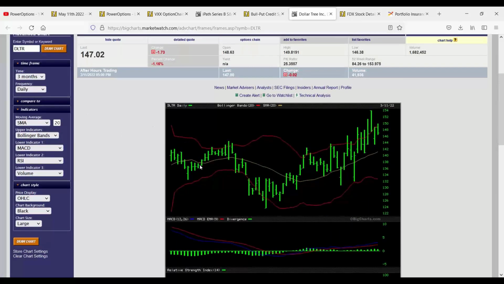But yeah, I just tend to use a 3-month chart because there are some things that I do want to see. And this one doesn't really show. This is an expectation of what happened in January, but this stock here, Dollar Tree, has been doing pretty well. We know about what's been going on here, but since then, it's been doing fairly well as a trend, and that's what I like to see. I'd like to see it be more consistent over the last month and a half or 2 months. I'm going to be honest, you're going to hate this phrase, but I got to take what I can get